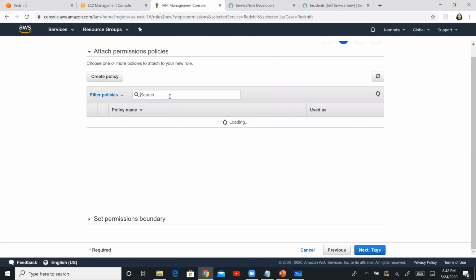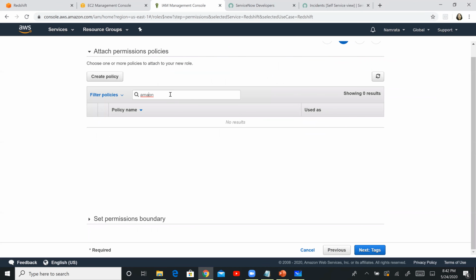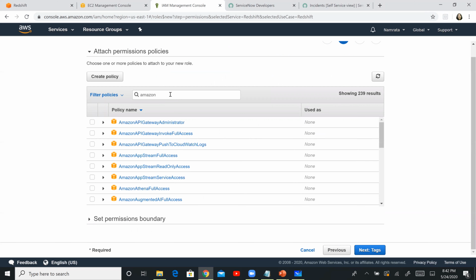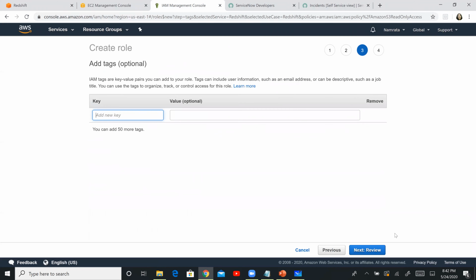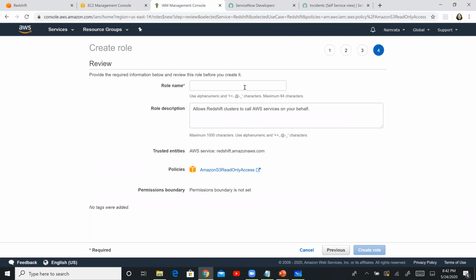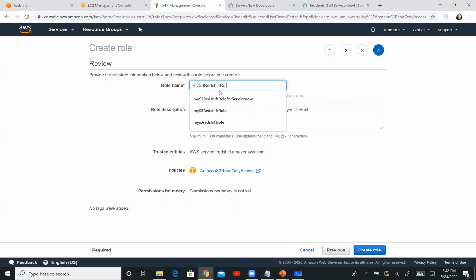Next, we will select Amazon S3 read-only access, then tags. It's okay if you want to add any tags. Next, we will give it a name. This name already exists, so let me say my S3 Redshift role. I'm going to remove this part, sorry. Okay, so let's just give this.